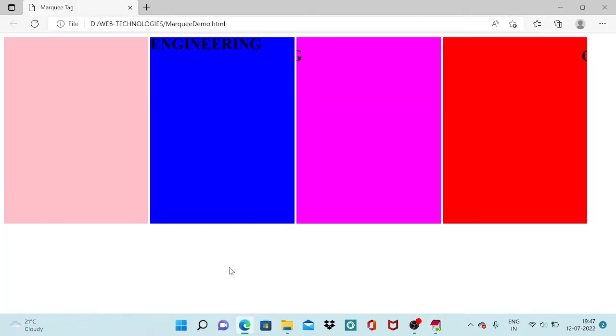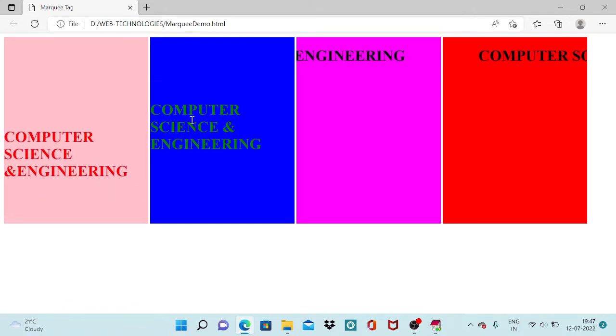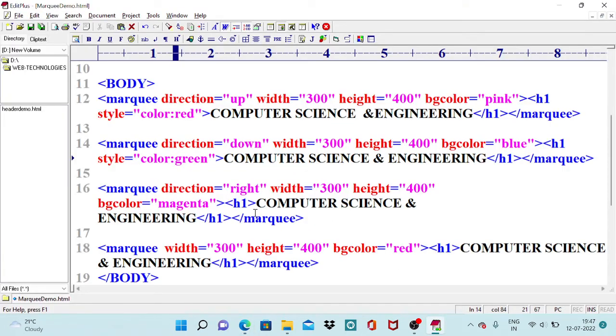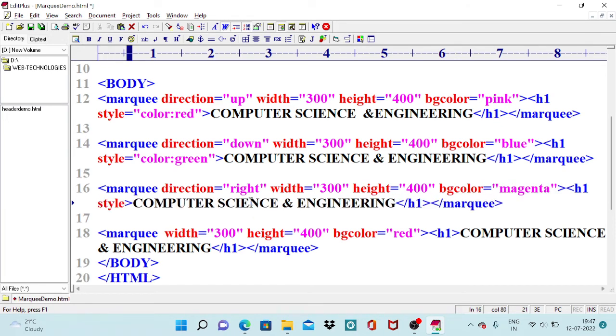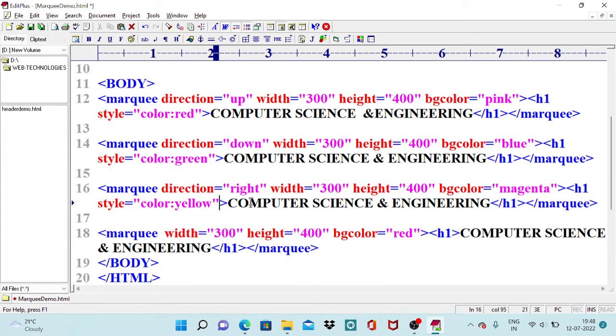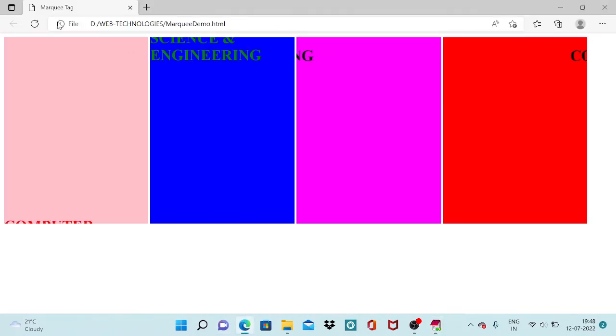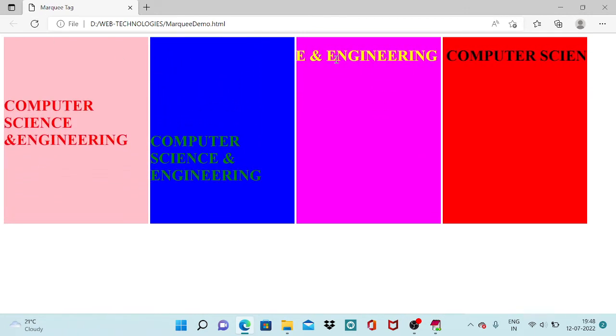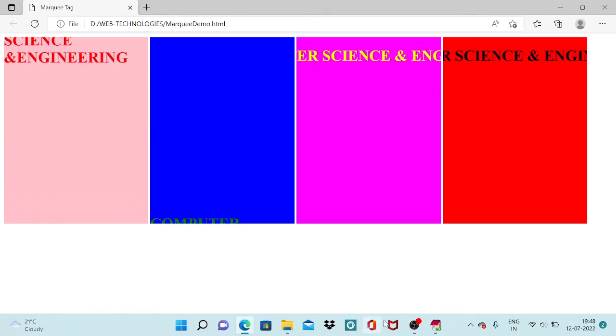So save this application and refresh the page, observe the changes. See, on blue, I applied green color. It looks like this. Similarly, I want to apply some other color for my third one. So again, I need to pass the style attribute. So style is equal to color colon, suppose yellow I applied. Save this one and refresh the page. You see, on the third one, the text color is displayed in yellow. And the last one,